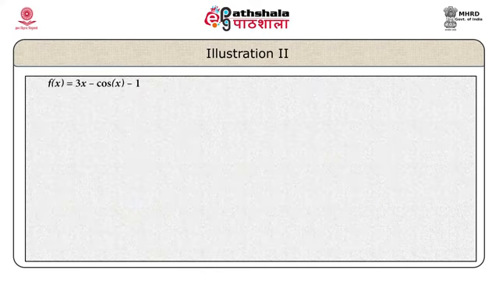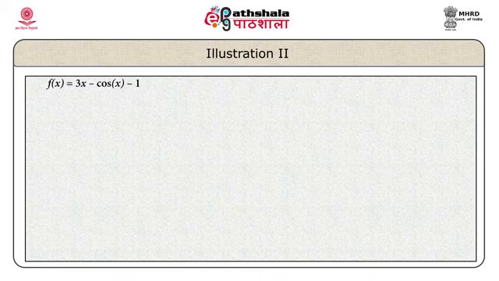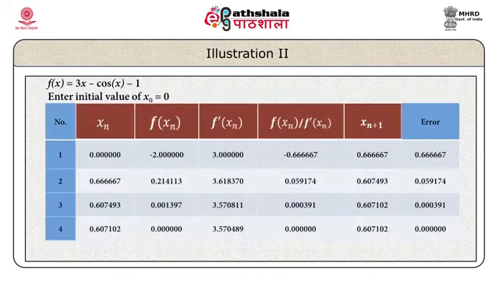Let us take the next example. f(x) is 3x minus cos x minus 1. We begin with the initial guess x0 as 0 as we have done in the previous examples. The derivative is 3 plus sin x. So, at the initial guess x0 is 0, the value of the function, cos 0 is 1, it becomes minus 2, the derivative f dash is 3, sin 0 is 0, the ratio of f and f dash becomes minus 0.66667, and x0 minus this ratio, 0 minus this, x1 becomes 0.666667